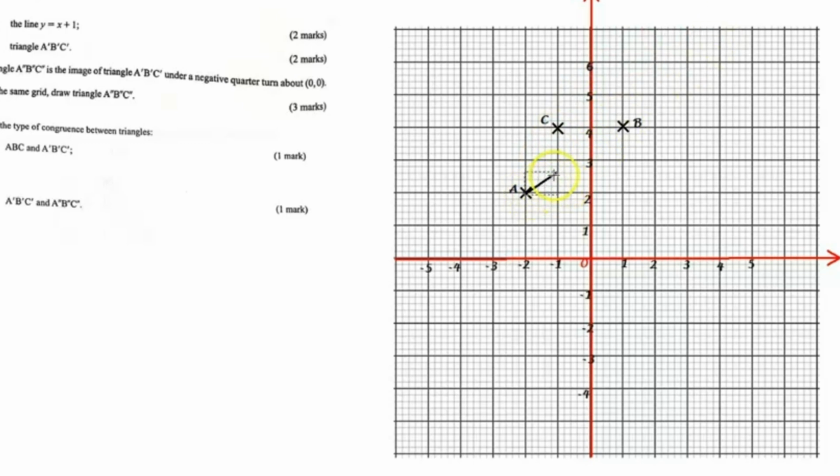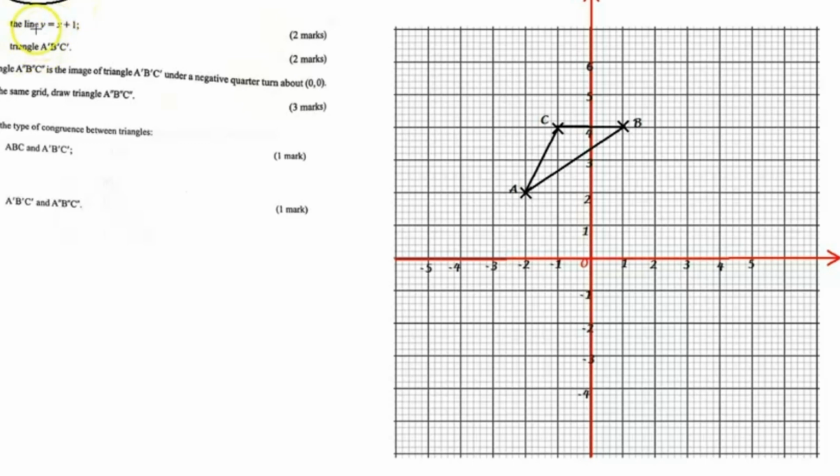So from A, I join it to B. Then from B, I join it to C. And then C to point A. So the next thing I'm supposed to do, I'm done with this part. I've drawn the triangle